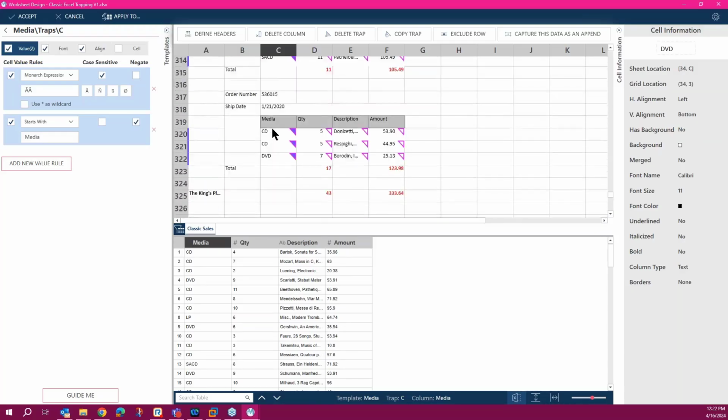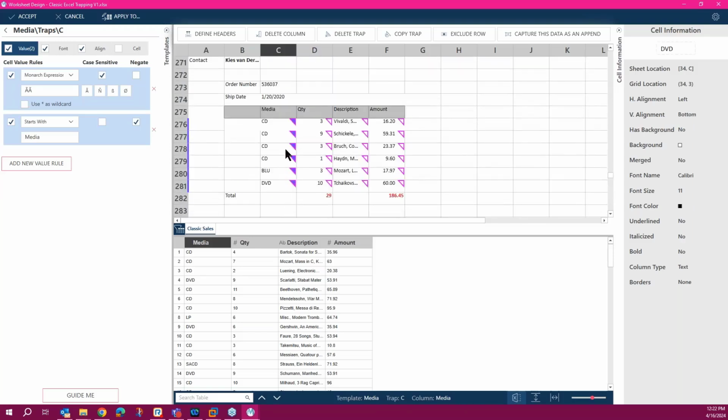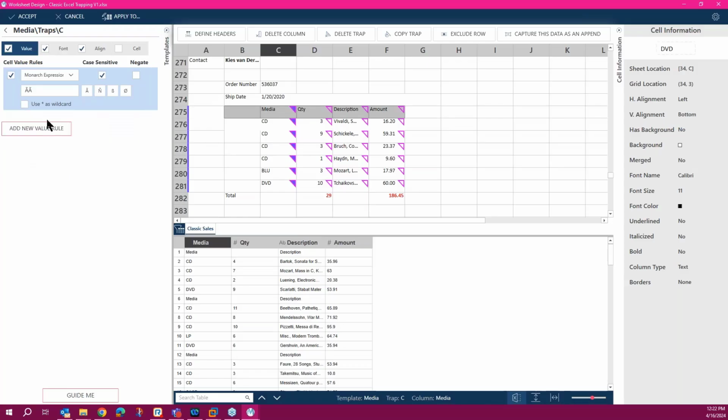Now that's one way, and I also noticed that the media are all uppercase. So instead of doing this starts-with rule, maybe I shouldn't have deleted that, I can just do it here and say all uppercase.